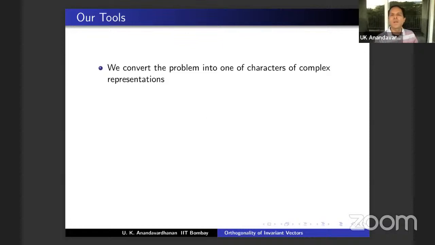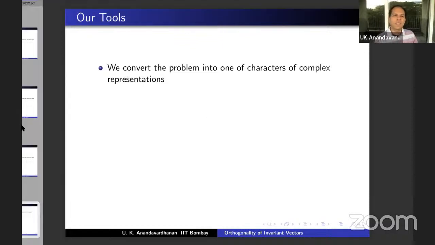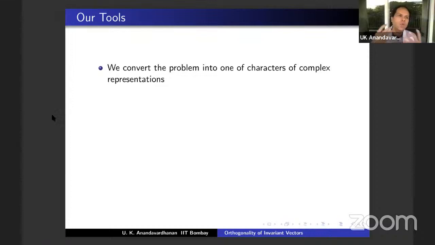Let me also make a slide on what the basic tools are in doing this problem. You have already seen that the result is about mod p, which was not part of the question. And this is where, though the question was about ordinary representation theory, we are appealing to Brauer theory, the third part of Serre's book. The question is from the first part of Serre's book, so to say, and we are appealing to the third part of Serre's book, and we invoke some recent results about p-modular representations in order to get this particular answer to this particular problem. So we convert the problem into, how do you convert, the reduction mod p of